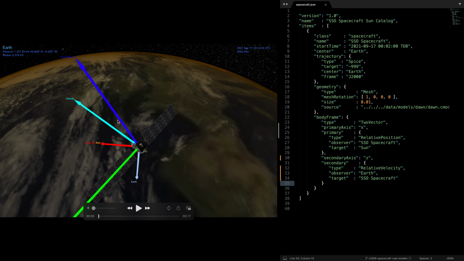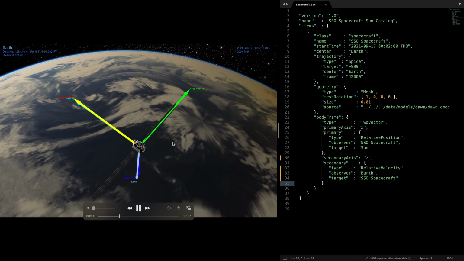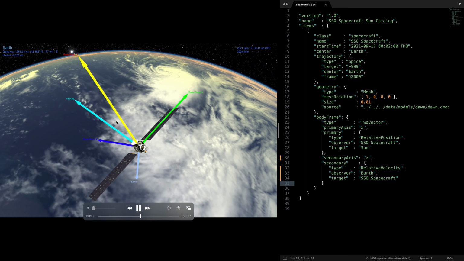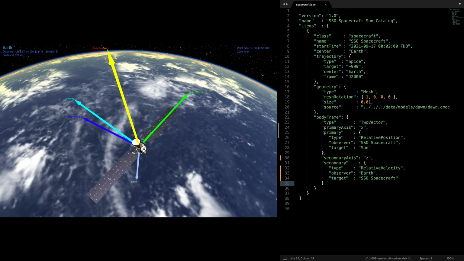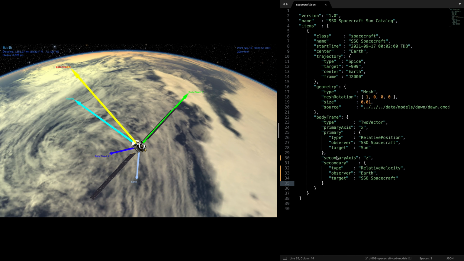So in this scene, we see that the body z-axis is rotating away from the velocity vector, and right as it's about to cross the 90-degree mark, the spacecraft does a 180-degree flip around the x-axis, which is the primary, so that the z-axis is now rotating towards the velocity vector, so its value is decreasing from 90 degrees. For that reason, it sometimes requires some trial and error to pick a proper secondary axis that will prevent